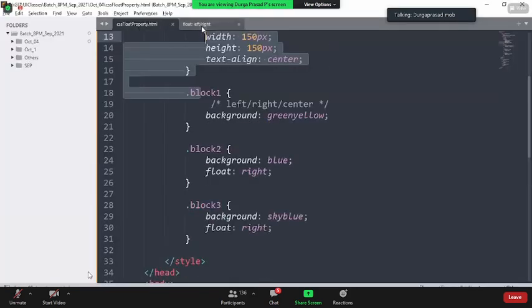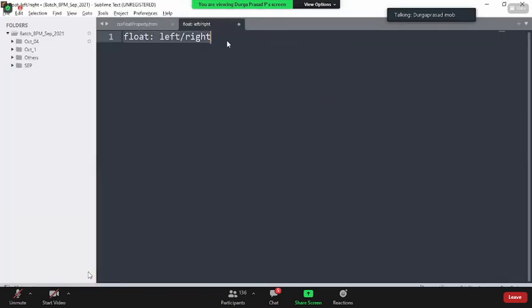Whenever you have multiple continuous elements changing their default direction using the floating property, they all fall under the same line, irrelevant of whether they are inline or block level. I'll tell you a practical example, then repeat this definition, and you'll understand better.